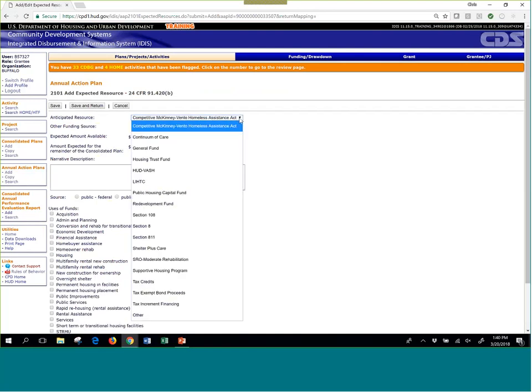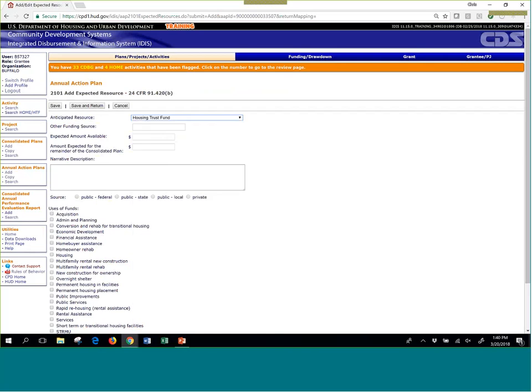And from the drop-down list, you'll see that you're able to select Housing Trust Fund. You can enter the funding amount available. If you're expecting more, the duration of the consolidated plan or not, enter that information, a brief description, the source,